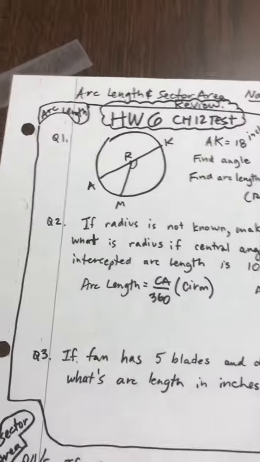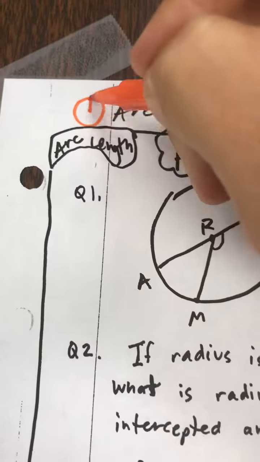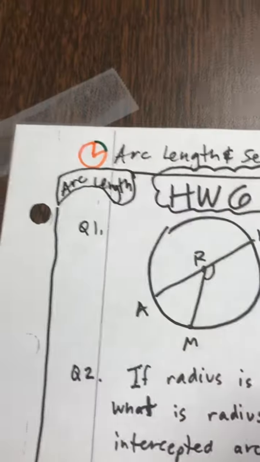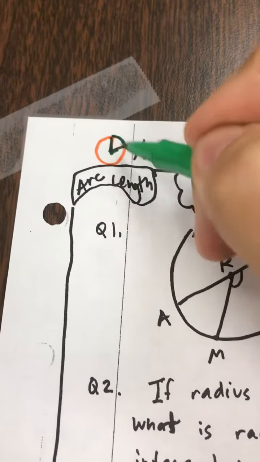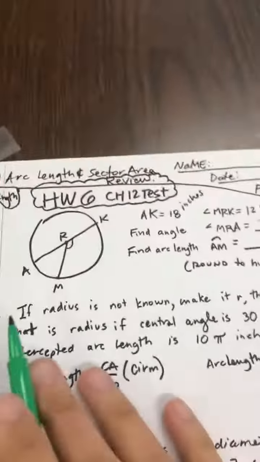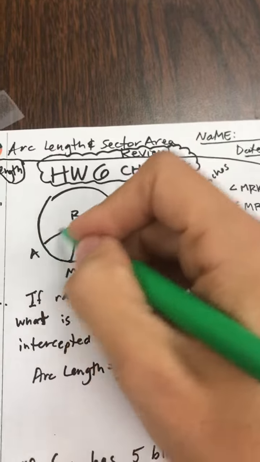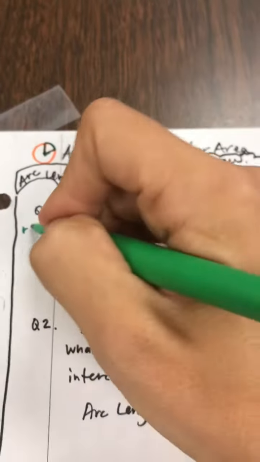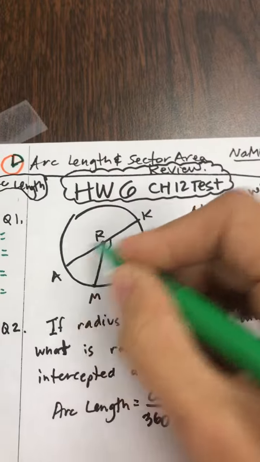Arc length. The idea of arc length is I don't want the whole circumference, I only want a portion of it. So if I want that, usually I need this central angle, and that tells me the portion of the 360 I need. Voila. Okay, so let's take a look at this question. It says this AK goes through the center, and its distance is 18. So RDCA, it feels like AK is our,